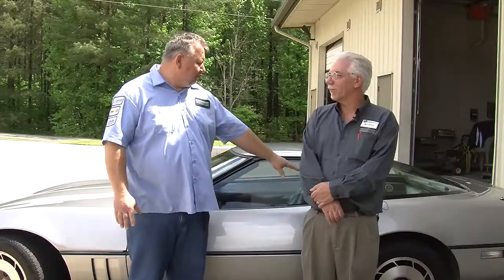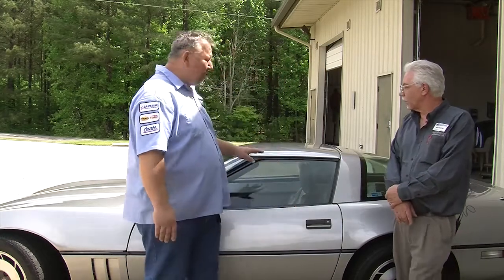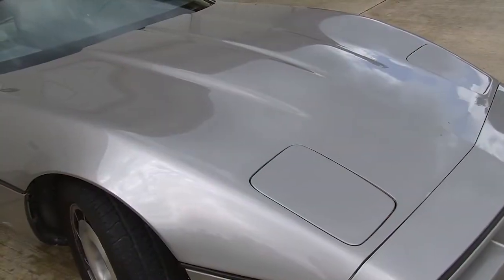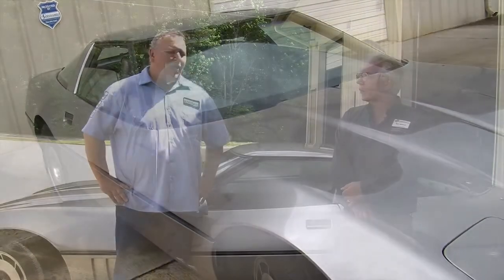There were some spots under here that we had to fiberglass. Once again, with the help of Mr. Winfrey, he showed me, and learning through the iCar. The paint was blistered up. It was pretty bad. It didn't look very good. And it was two-tone, and I really didn't like two-tone, so I was, you know, first one, just give it a shot and see what happens. I've always liked